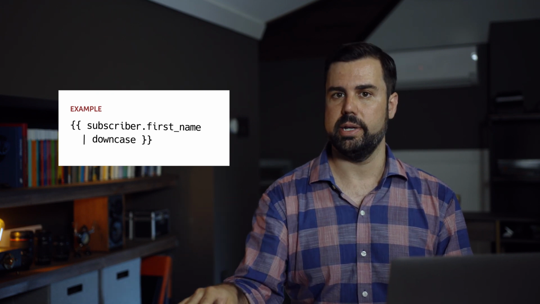And what that would do is take their first name and make it all lowercase. So we call it by using this pipe. Now, we can pass options or arguments into these filters. The way we do that is if we want to say truncate. Truncate is a filter. If we want to truncate it by 10 characters, we would call subscriber.firstname space pipe space truncate colon space 10. And what that would do is pass in the 10 argument, or the 10 option, into the truncate